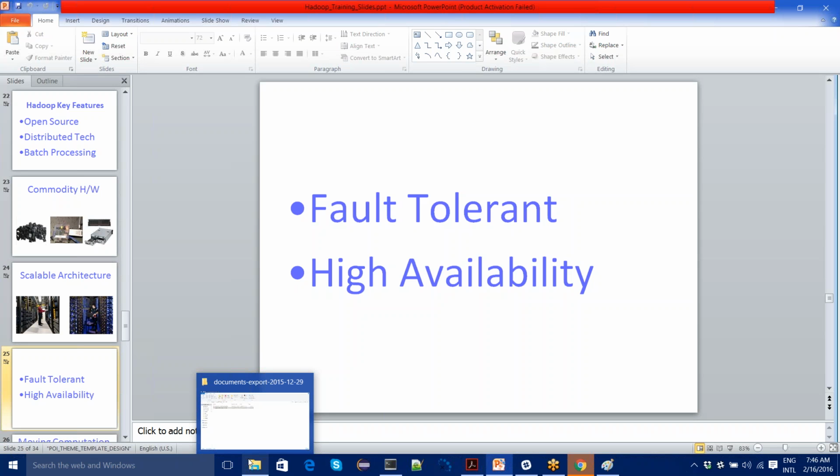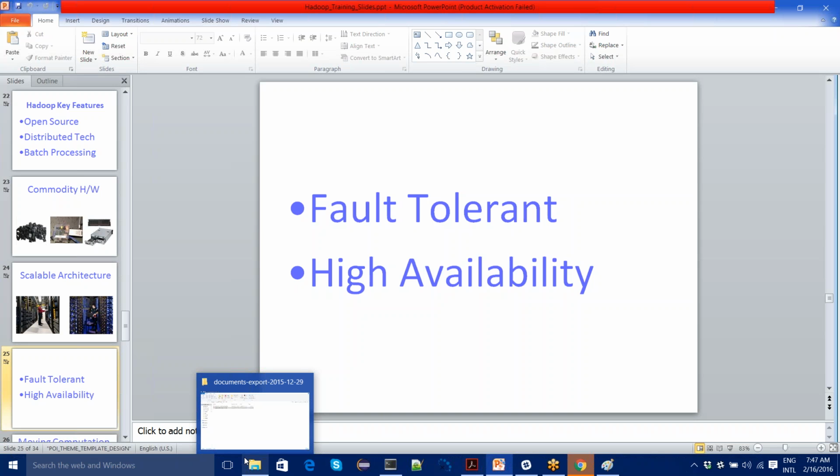At that point of time, normally in the other distributed systems, once that node is down, the data present in that particular node cannot be accessed. So that's the main difference, for example. And it's fault tolerant mainly. At any point of time, the main Hadoop advantage is, for example, if my node is down, still my